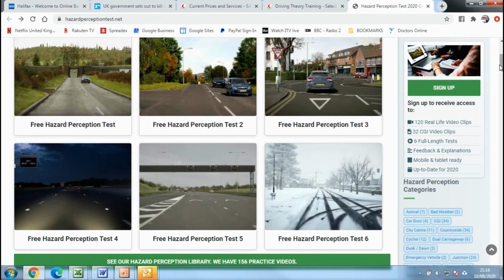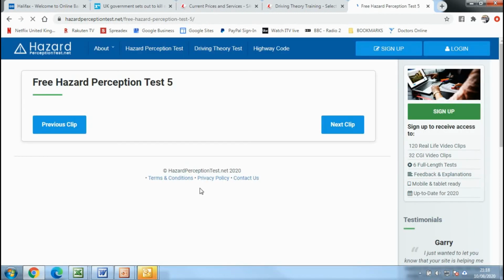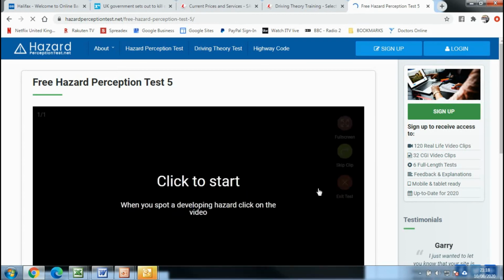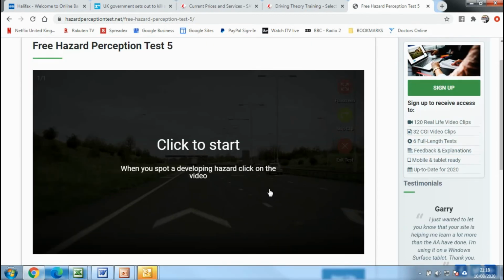So I'm going to do a video now. I've not done this one before, so I'm seeing it for the first time as well, so see how well I can do on it. We're going to do the motorway one. So we're going to click on that, and it opens up onto another page, and then gives you the option to click start. And then once I've clicked start, I'm going to put it onto full screen, and I'm going to talk you through what I'm looking at, what I'm clicking, when I'm clicking, and we'll see how we score at the end of it. So 3, 2, 1,